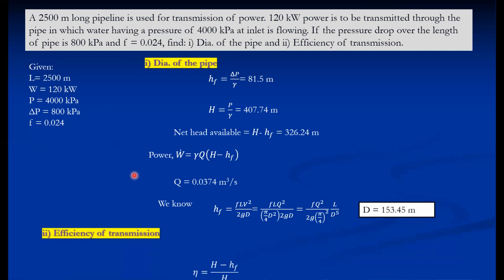The efficiency we can calculate as H minus HF divided by H. So the efficiency is 80%. That means we can still improve this power. This is not the maximum power, because maximum power generally arises when HF is equal to H by 3, where the efficiency is 66.6%, but efficiency is higher here. So we still have scope for improvement of this power by increasing the velocity. If we increase the velocity up to that level, that is HF equal to H by 3, we will get power greater than 120 kilowatt as well.